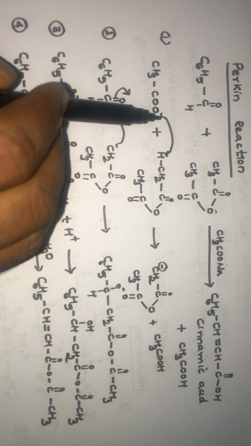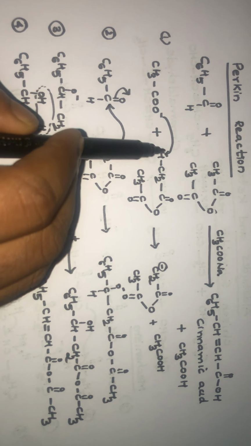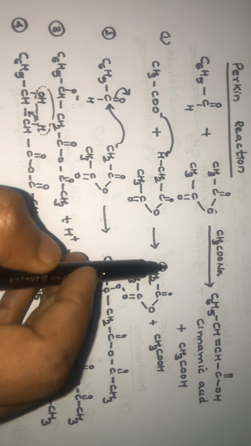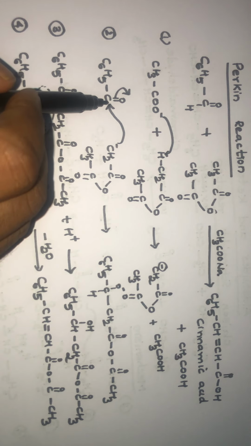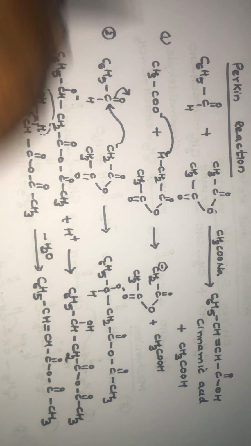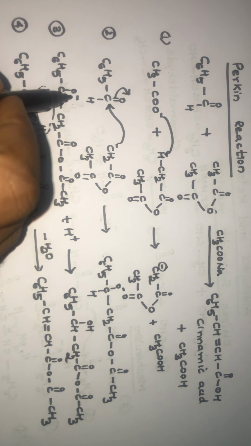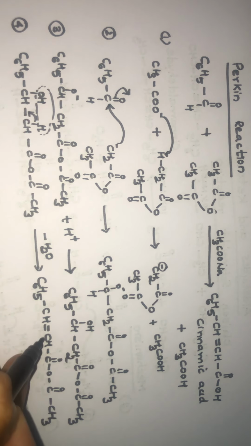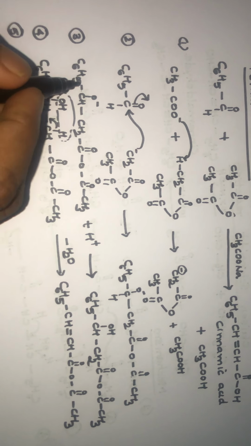So look at the steps. The first step, as usual, a proton is abstracted here. The anion generated attacks this aldehyde, and the double bond O gets converted to single bond O minus. As usual in aldol condensation, it abstracts a proton, then loss of water takes place. Now, in the last step, the fifth step, what happens is